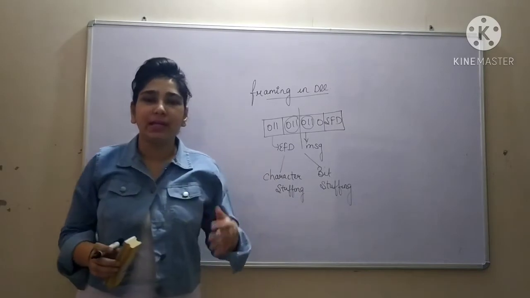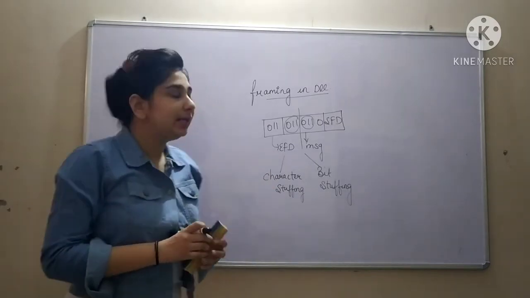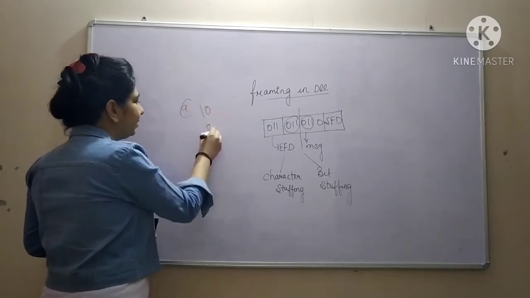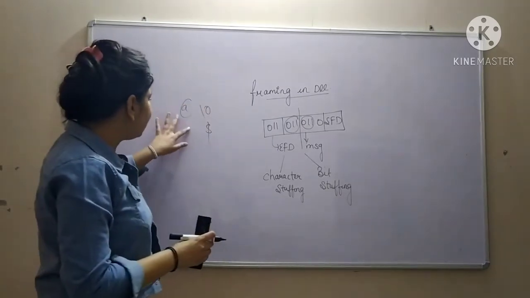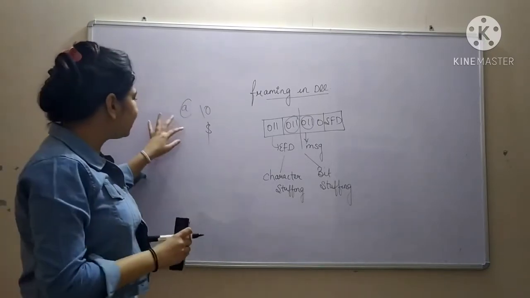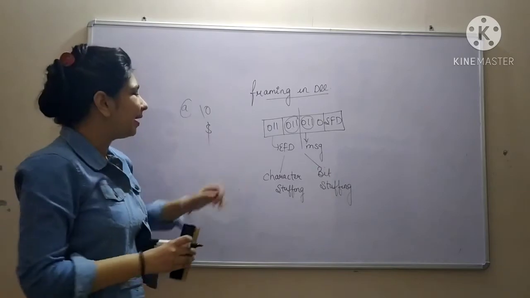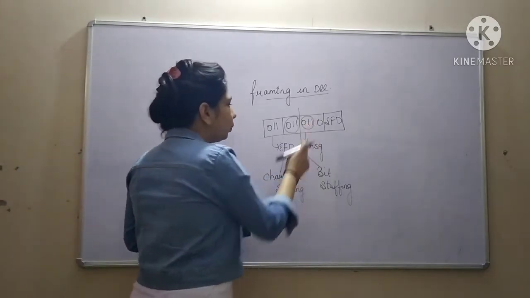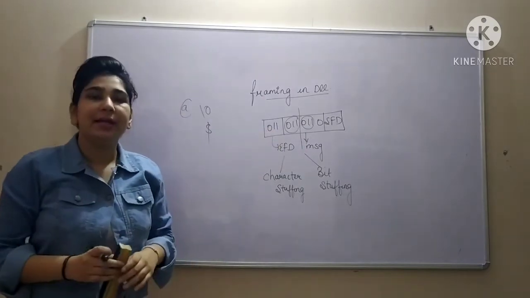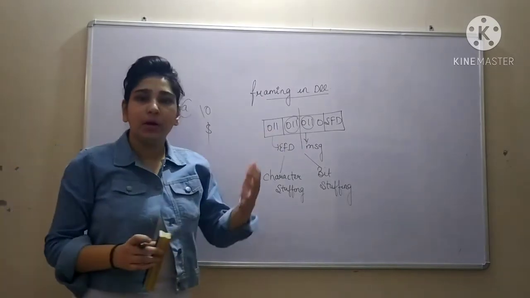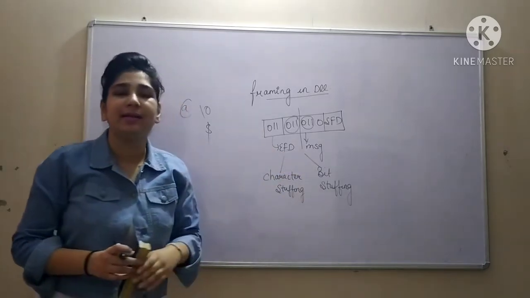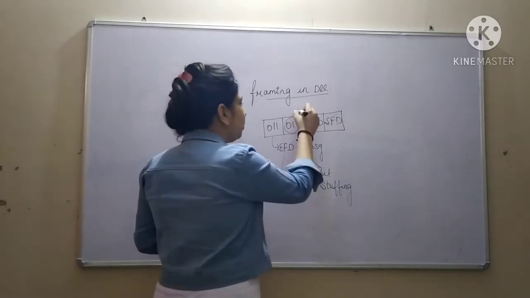So what do we really do in character stuffing? In character stuffing, various symbols like @, null, dollar, we are going to stuff these kinds of symbols in the message bits, like 0, 1, 1. This pattern 0, 1, 1 is similar to the end frame delimiter. So what we want to do is distinguish between the end frame delimiter and the message bits. So what am I going to do?